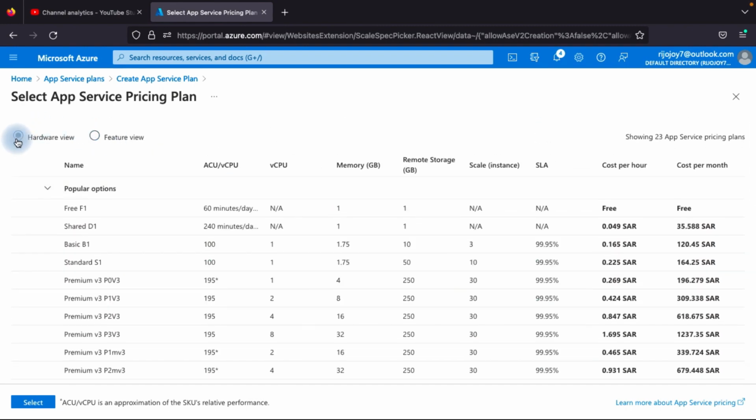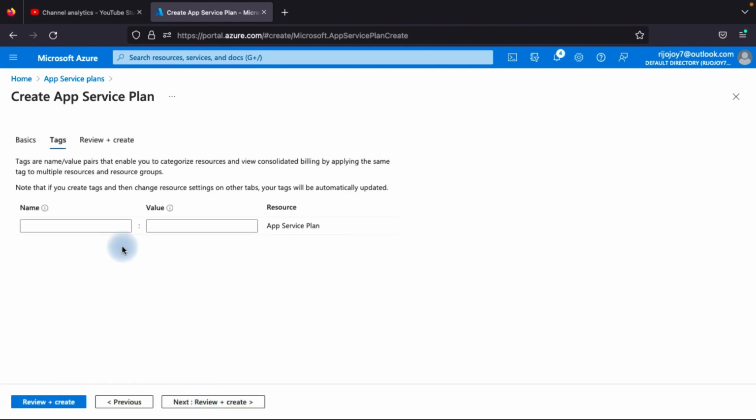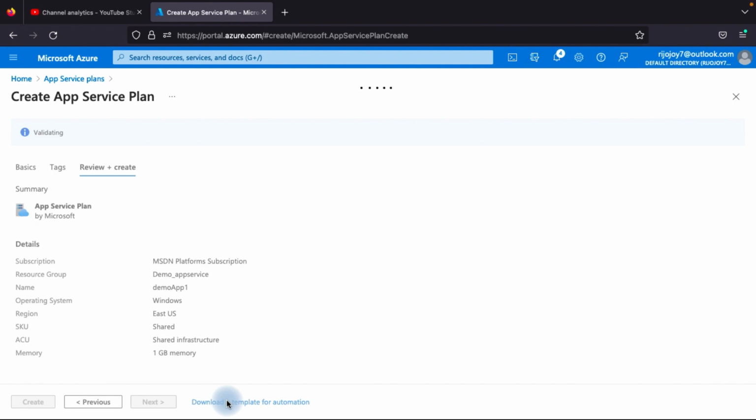So I will go for the shared plan. Then I click select. After that here you can select your zone redundancy. Currently I go for the shared plan, so it is not available here. Just we will click next, tags. So you need to create the tag. You just click creating tag, but I just go for the default,